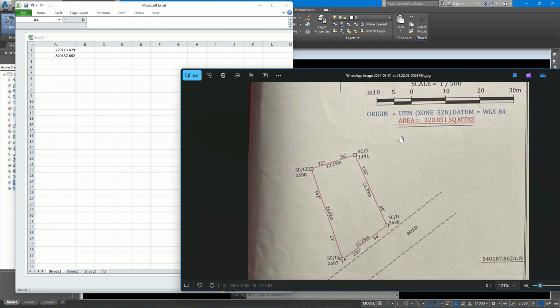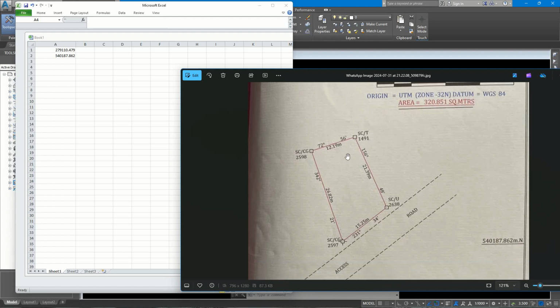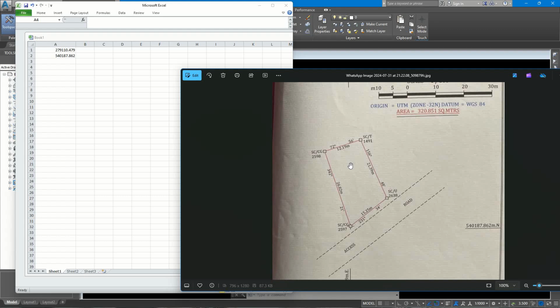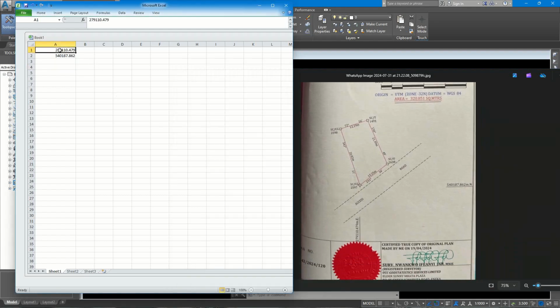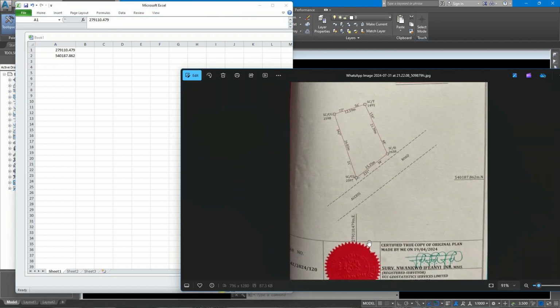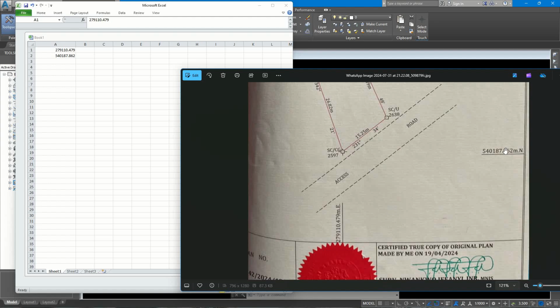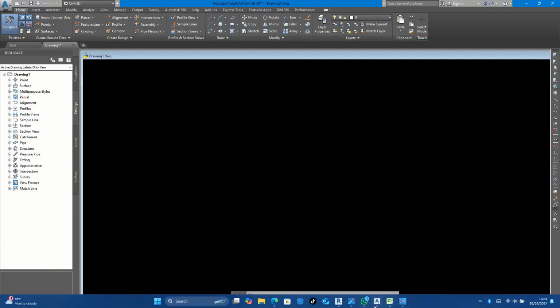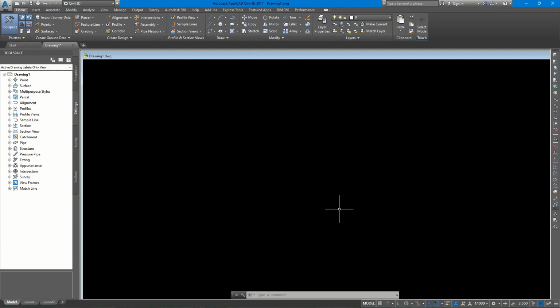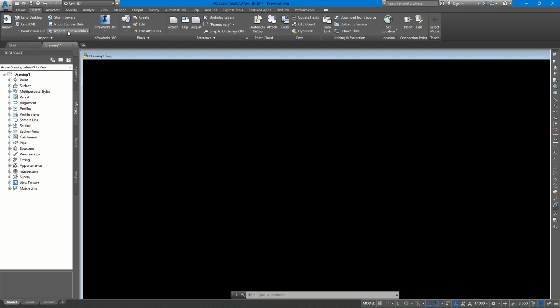You have to know this properly because you will be locating the site also in case you want to draw the location sheet. Now I have taken these 2 points, which is the eastern point and the northern point. I've recorded them in my Excel. So I want to go to Civil 3D. Let me open my Civil 3D workspace, and now we just go straight to point. I want to bring in a point,